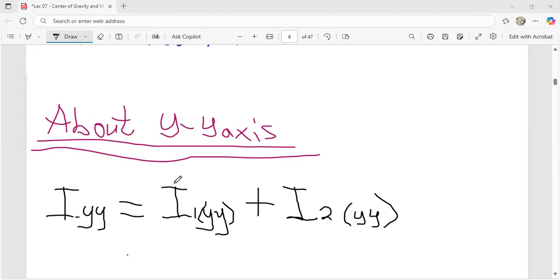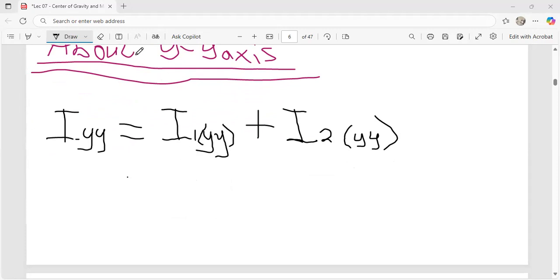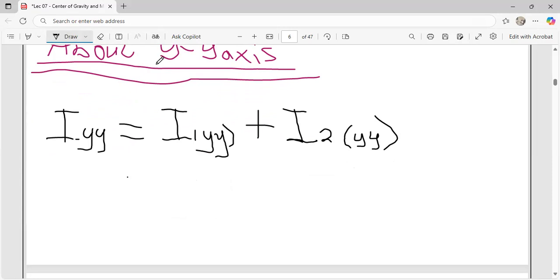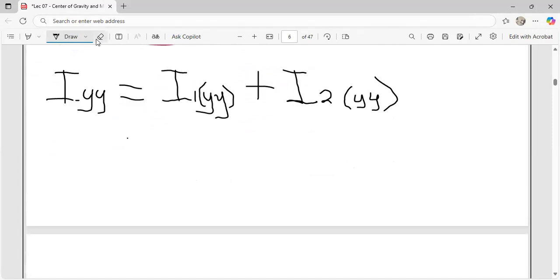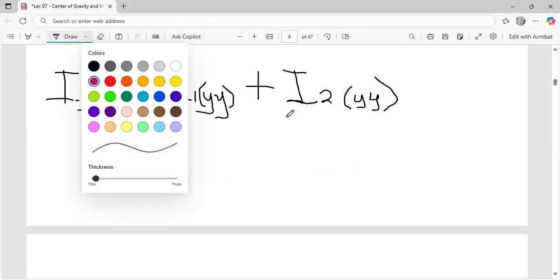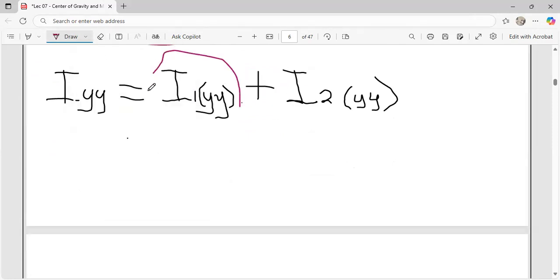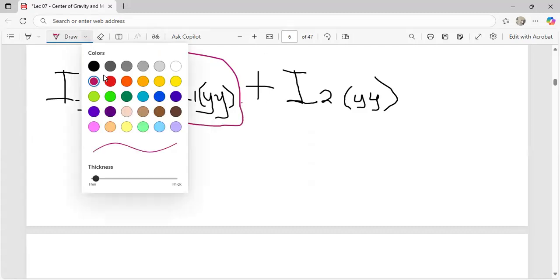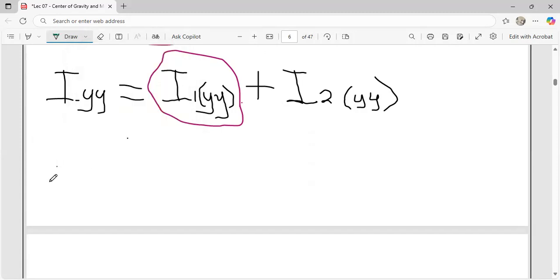Okay. So first of all, let's pick the first one. Let's pick part 1. When we are done solving for part 1, we come and pick part 2. So let's pick part 1. This is part 1. And then later we come and pick part 2. Okay. Good. So our part 1,